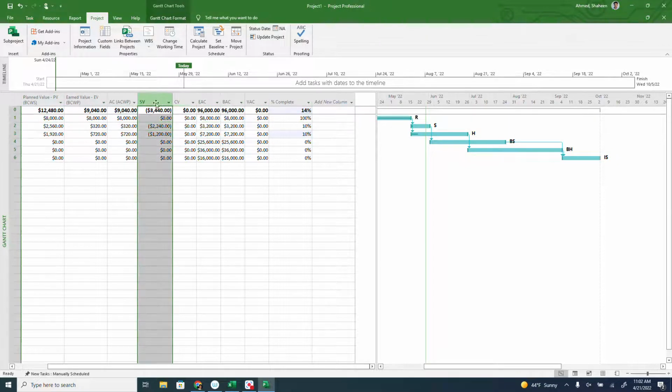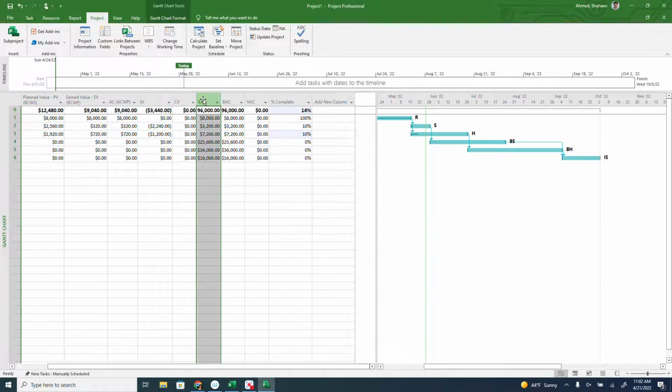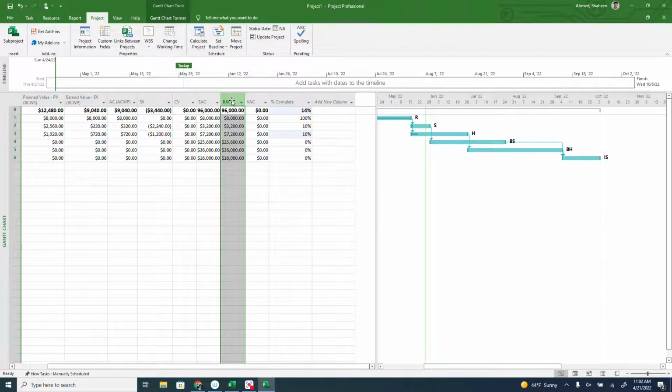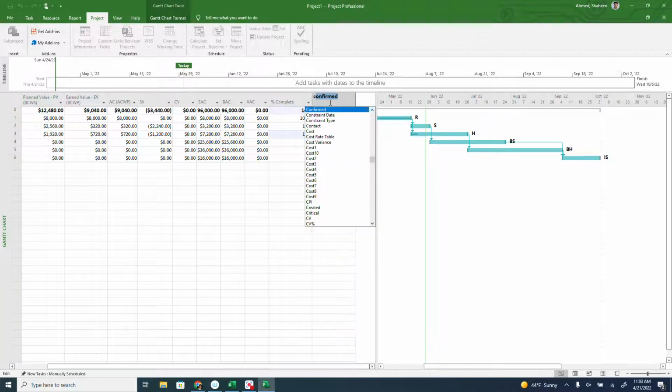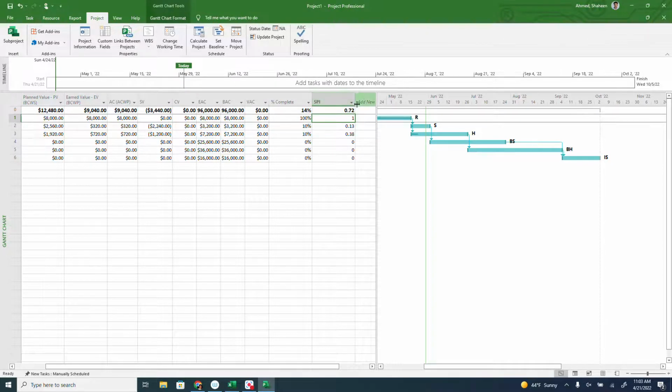Now, to understand all this schedule variance, cost variance, estimate to the completion, budgeted cost at completion, and variance at completion, to understand all that, we have a video explaining it in the earlier video. Check that out. I'm going to create a column called SPI index, that is schedule performance index here, and then